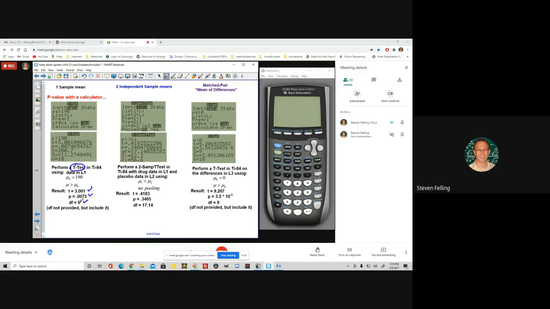Okay, when we run a two-sample t-test, that's for the two independent cases, we have to specify the direction, mu1 greater than mu2. Okay, we'll talk in a second why we're never going to select pooling. You do have a choice to select pooling, but select no for means. And then when we write this down, we get that the test statistic is 0.4183, p-value is 0.3405, and this